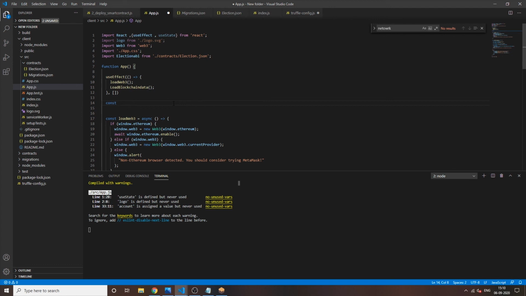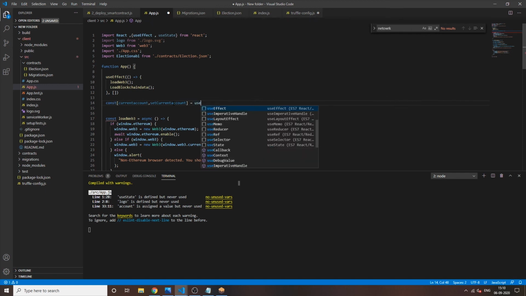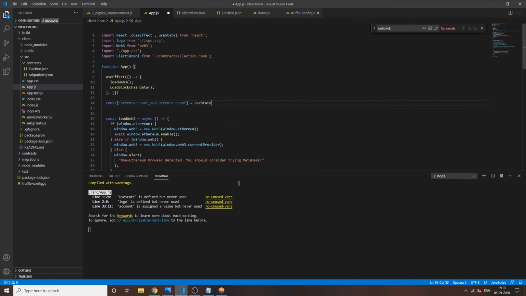So how can we define these useState variables? You can define this variable by giving it a name. Like you can name it currentAccount and setCurrentAccount, and just write the simple keyword useState, and you have to give the property of the account.